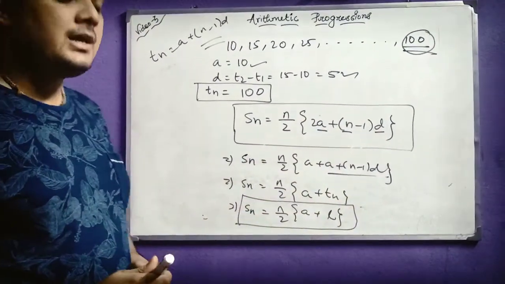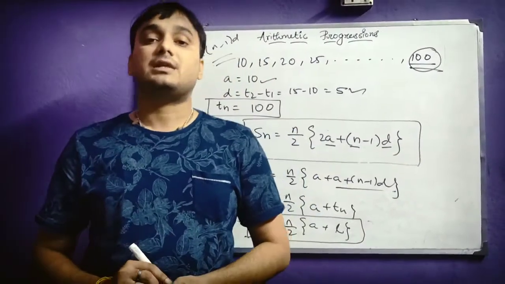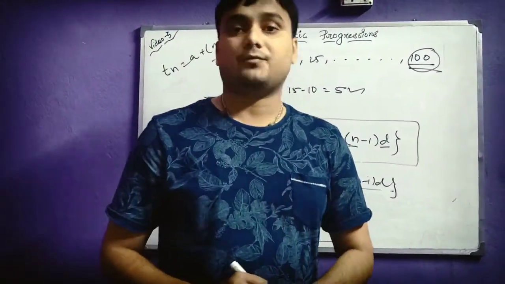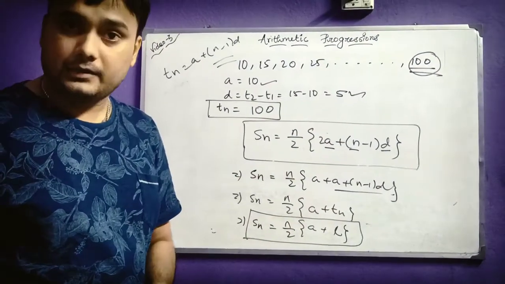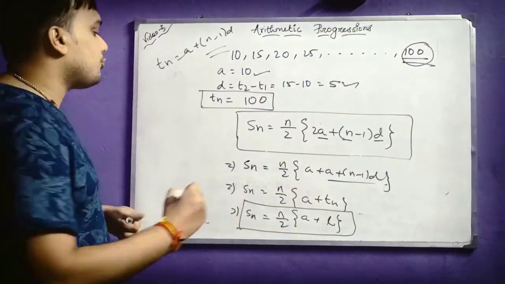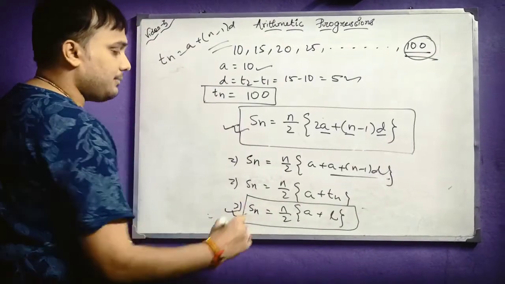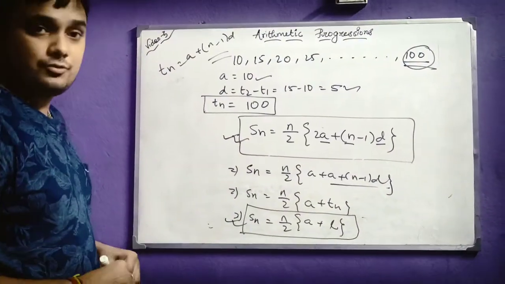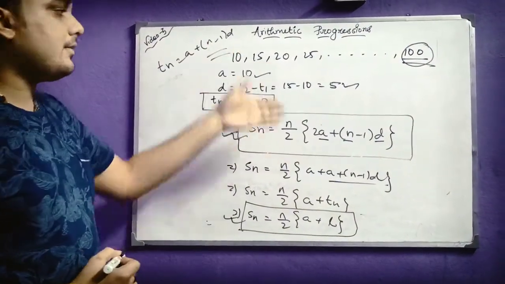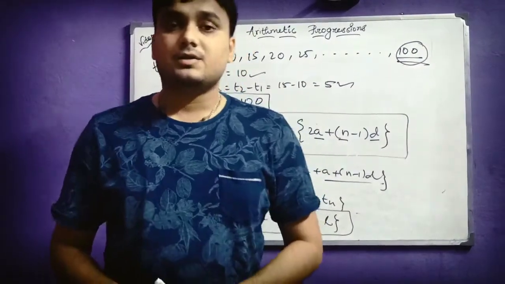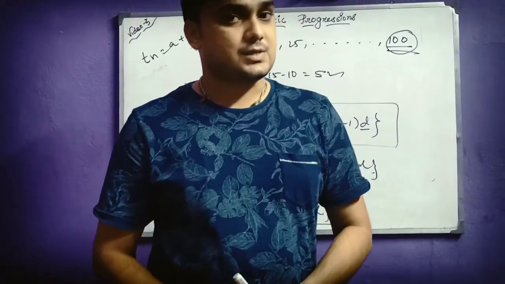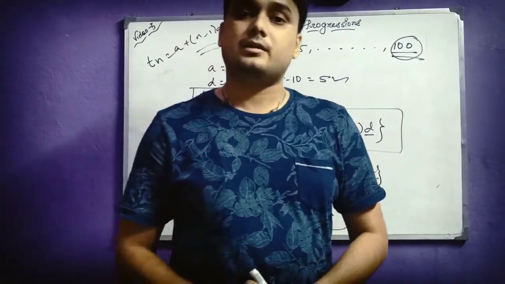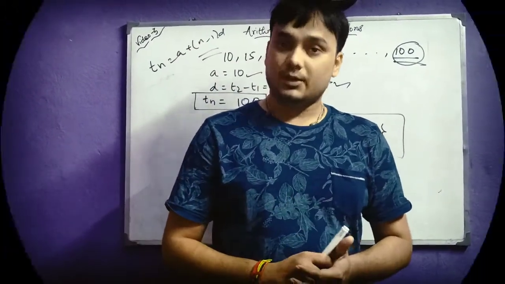You have to understand what things are given in the question, and according to that you have to use either of the two formulas to get the sum of n terms. So students, these are the two important formulas which will help you get the sum of n terms. And here we have understood this with one example. Now students, we will be solving a few questions from the last exercise of your chapter, and then you will be able to solve the other questions very easily.